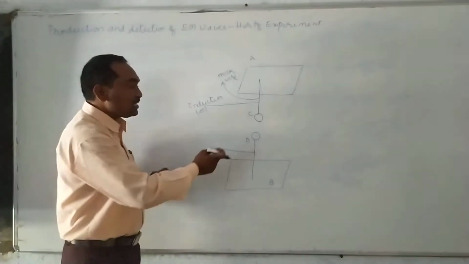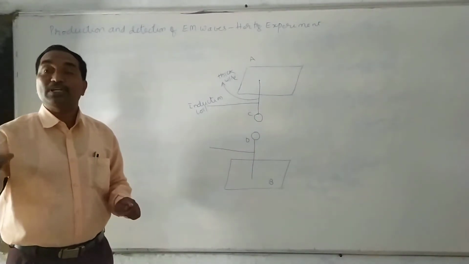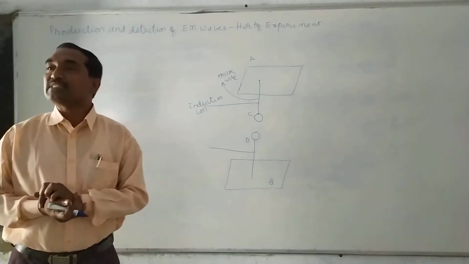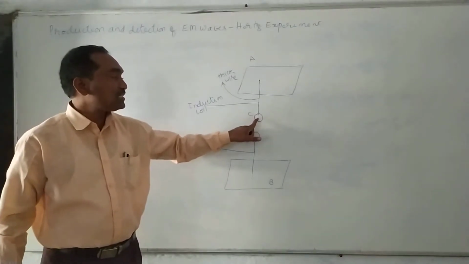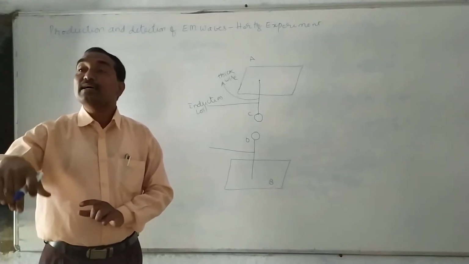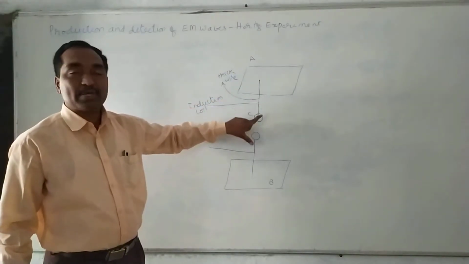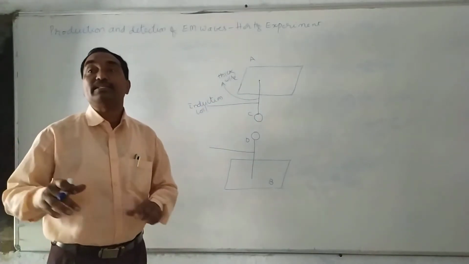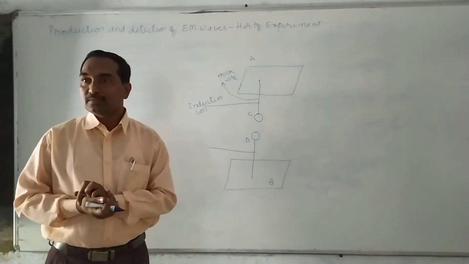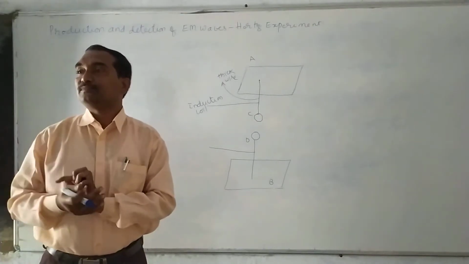Then what happens? Actually, the space between C and D is air. Due to the high voltage between C and D, this air is ionized. What does ionized mean? Due to the charge on C and D, the air molecules may be changed into positive charges and negative charges. Actually, until there is voltage on the capacitor plates, the air is a dielectric. There is no current passing through the air. Am I right? Air is a dielectric material.